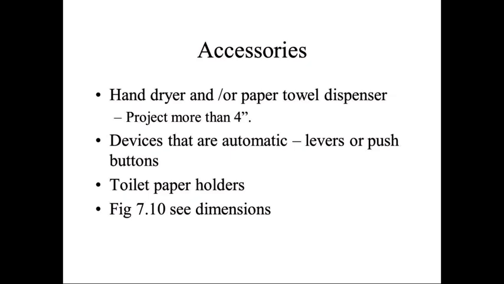Accessories that we have to look at also within a public restroom are hand dryers or paper towel dispensers. They cannot project more than 4 inches. A lot of the devices are automatic. They have levers or push buttons. You have to look at the toilet paper holders, and you have to look at the height that those are